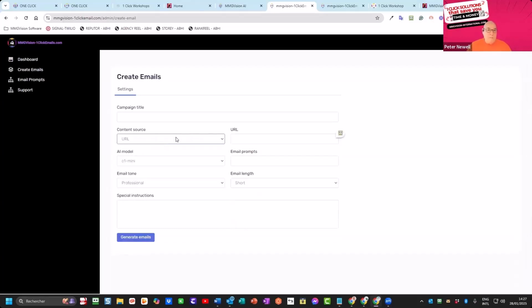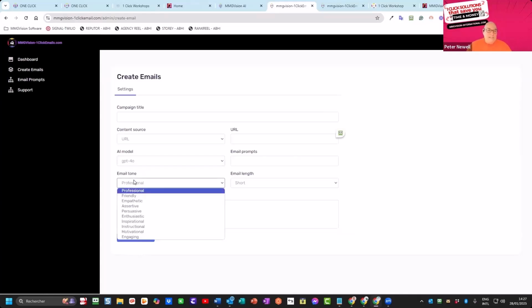For the most part, people are going to probably want to use their own websites because they've done a lot of work creating the content. Then you can decide whether you want to use the O1 Mini Preview, GPT-4o, 4o dated the 20th of November, or Turbo. I suggest people use simply 4o.